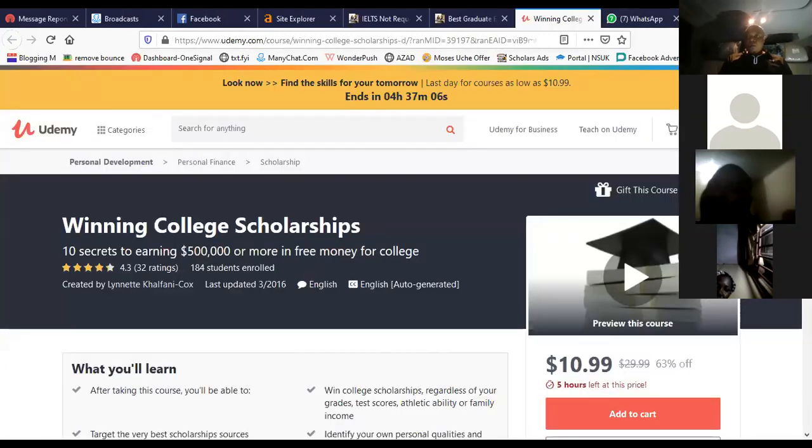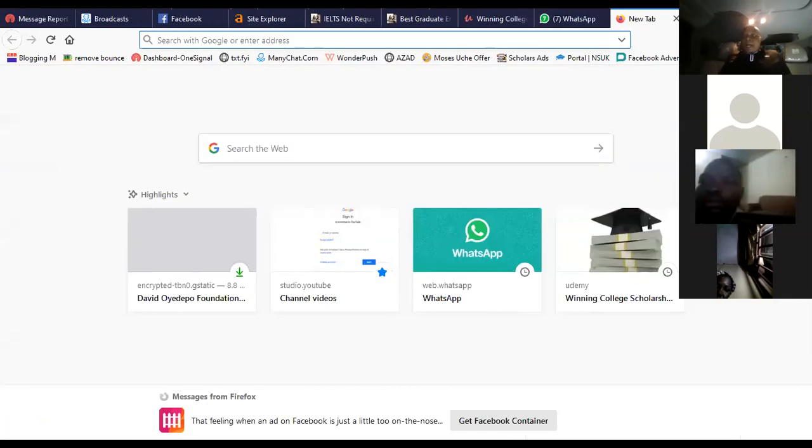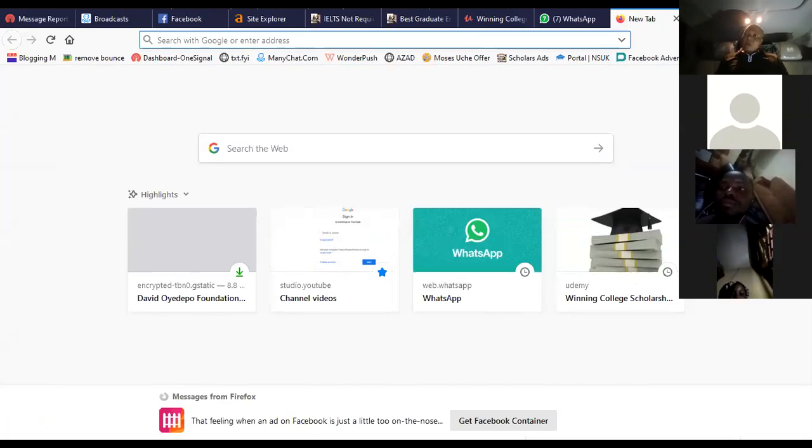Here we go. I want you to note that every Google AdSense account is attached to a Gmail account. So it means that you cannot access